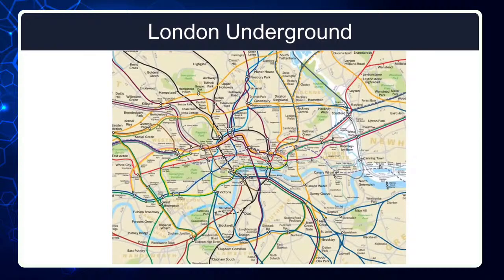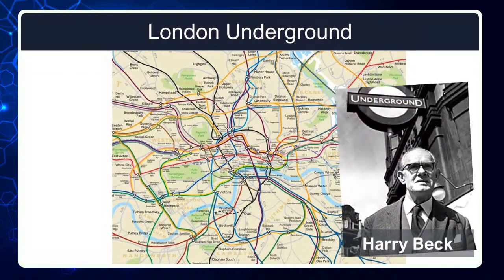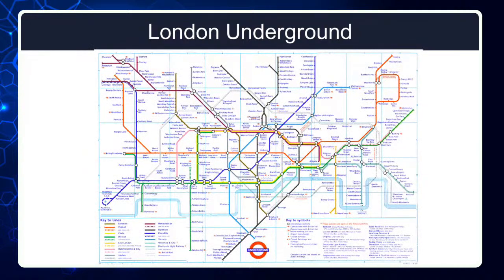But even that is providing you with more detail than you need, until someone called Harry Beck came along and provided us with what we now know as the map of the London Underground, which is a system-wide view. It gives you the big picture and provides you only with what you need to know in order to understand the system: where the stations are, on which lines, and which ones you can use to get around. It doesn't provide any above ground level detail at all, because it's not relevant, apart from the river, and that's just to show you that if you go south of the river, you'll never be able to get a cab home again. But